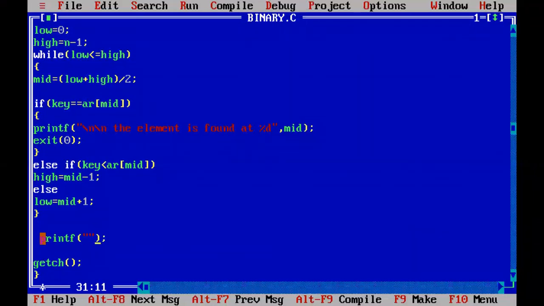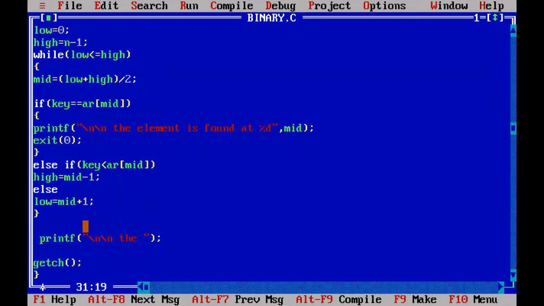The same thing here you can print, because when you come out of the while loop, that means after a complete search of the total elements only, you will come out. That means the element is not found. If the element is found, these statements are executed and the exit 0 function will execute, and the program will terminate there. The controller won't come outside of the loop. If the controller is coming outside of the loop, it means the exit 0 function is not executed. When it is not executed, the element is not found, and print the same thing.